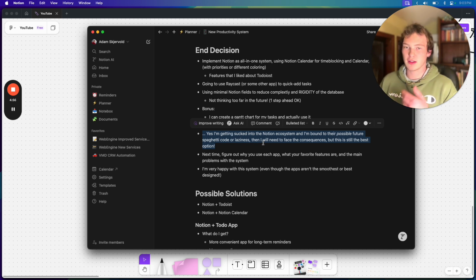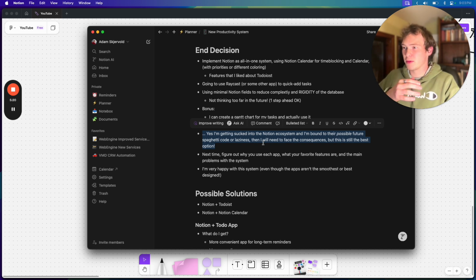Like for one, Notion and Notion Calendar is not the most refined product. They have a lot of features and they're web based, so there's problems with syncing and their speed and niceness of use. But at the end of the day, they solve the problems, right? And that goes back to what I was saying earlier. You're never going to get a perfect solution. This is probably 85-90% good.